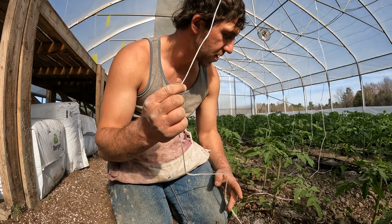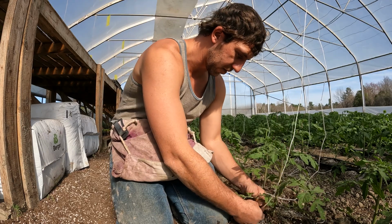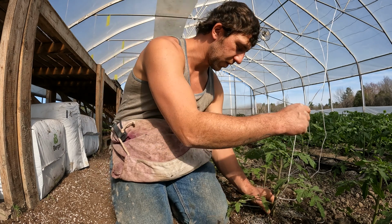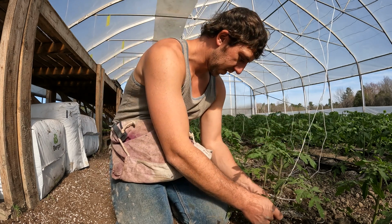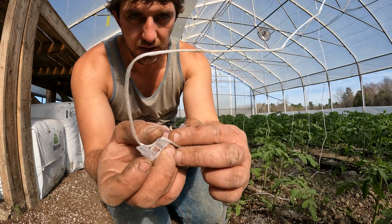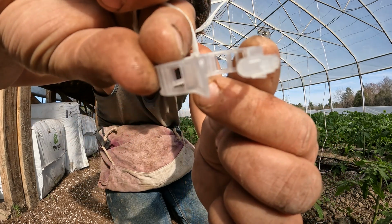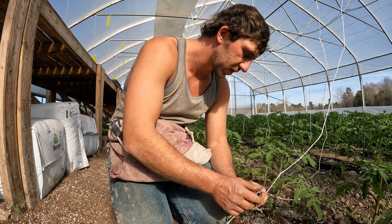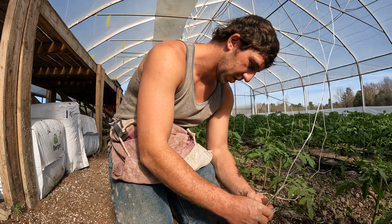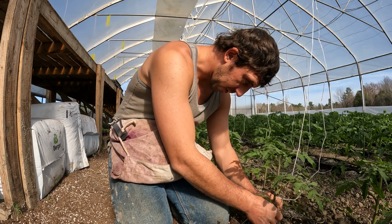Take the corresponding string for the right plant and bring it up next to the main stem of the plant, keeping the string loose, not pulling it tight. If it's tight, it's going to pull on the plant. Here, I'm just going to put the string inside of the clip like that, and it's going to close and hold on to the plant that way, and the clip is going to be put underneath the bottom branch,